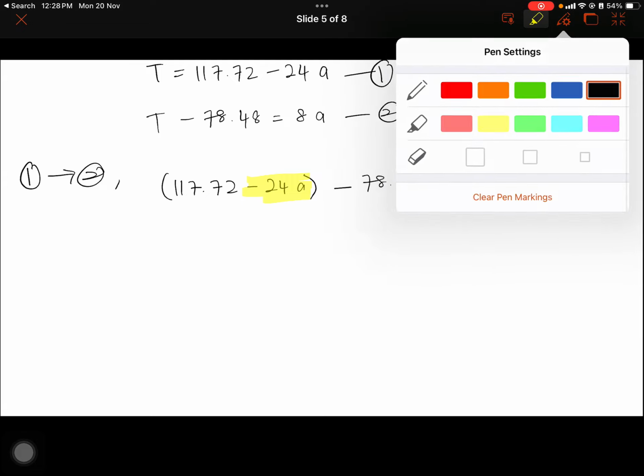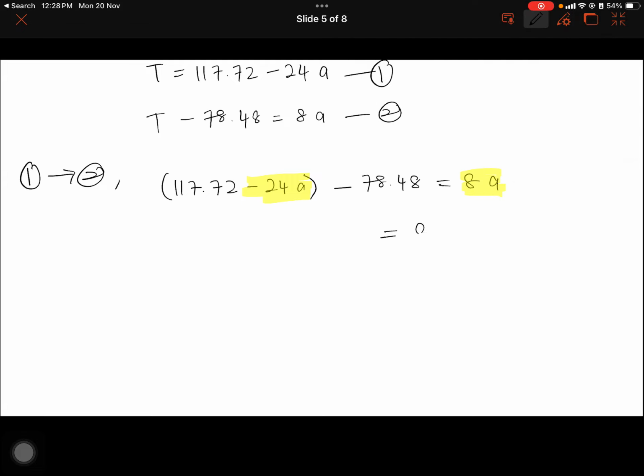So I'm going to bring A to the other side. It will be 8A plus 24A. And then we solve the value of 117.72 minus 78.48. We're going to get the value to be 39.24. So in the end, the acceleration is going to be 39.24 divided by,